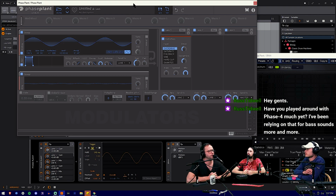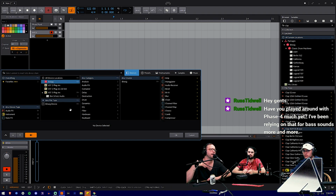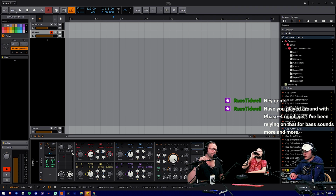I like that. So it has modulation, like Operator, or you can do this in Phase Plant, obviously. And then it has the ability to modulate how much of the modulation you're doing. So you could add a bunch of modulation until you get a bunch of harmonics, and then you can modulate all of the modulation that you're doing on the very far left there. There's your master area. You can go and change the master shape for every single oscillator on there,